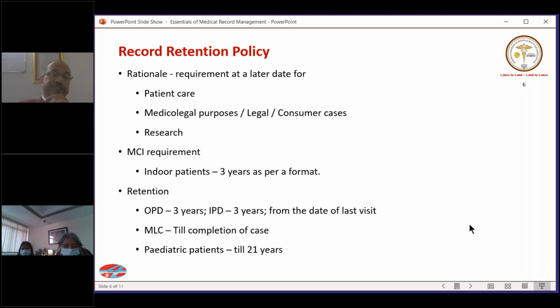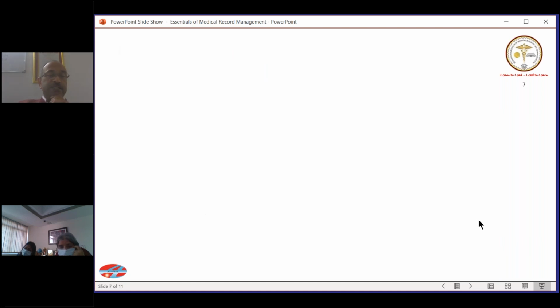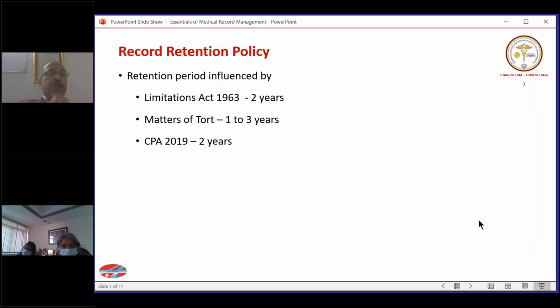For pediatric patients, the recommendation is that the records be retained till 21 years. And in the next slide, I will cover the rationale for why it is 21 years. The retention period of medical records is influenced by these 3 statutes. The first one is the Limitation Act of 1963, which says that if a case has not been